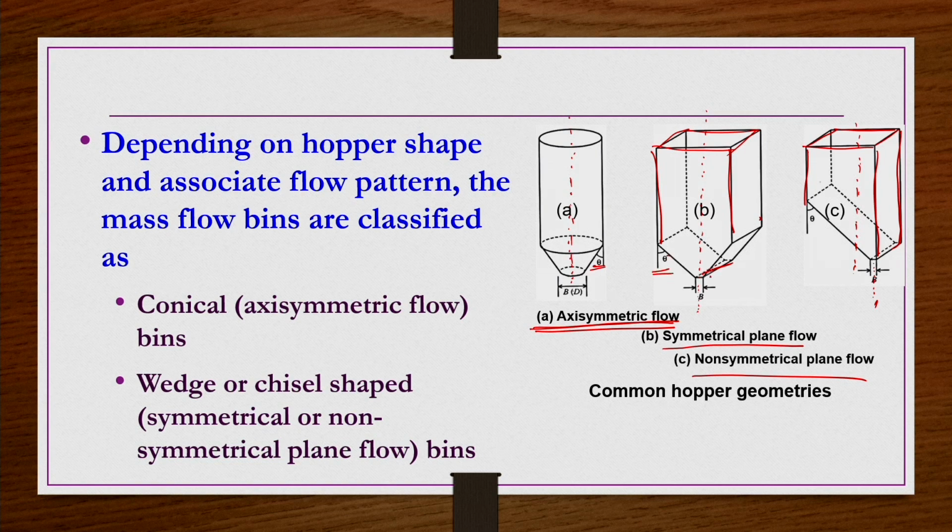So, this additional theta provides additional storage capacity for the material. However, in this kind of plane flow geometry you need long slanted feeders like shown here, which is not required in the case of axisymmetric flow. So, this is going to be a disadvantage. Whatever the advantage of having the additional storage capacity because of this higher theta value in the case of symmetric plane flow, that is going to be offset because of the slanted long feeder design. Okay.